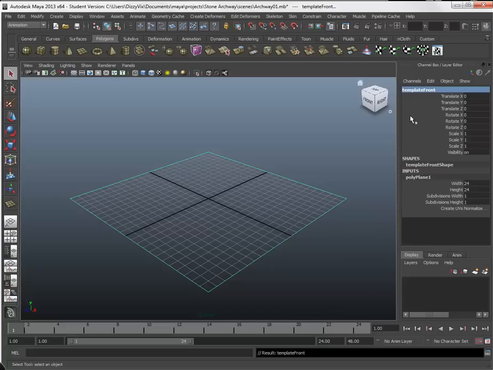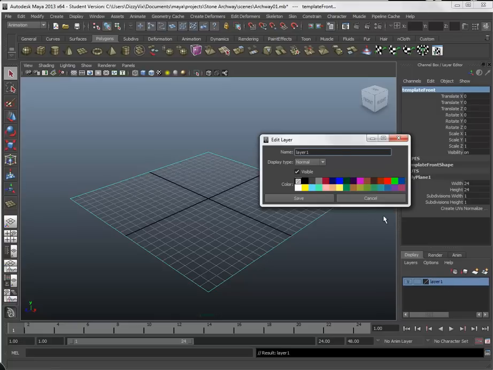And what we're also going to do, we're going to create what's called layers. Now with layers, with the item selected, we can make this go invisible. So down here at the bottom you should have your layers, and what I'm going to do is just very simply click on this guy, creates a new layer. I'm going to rename this as template layer,